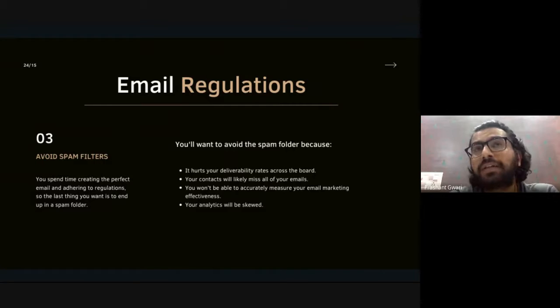Now imagine your email being delivered to the spam folder. That means you are wasting money, time, energy, everything. And what you are getting in return? All the emails you are sending are delivered into the spam folder. So how can you actually create an email marketing campaign that will not be delivered into the spam folder?